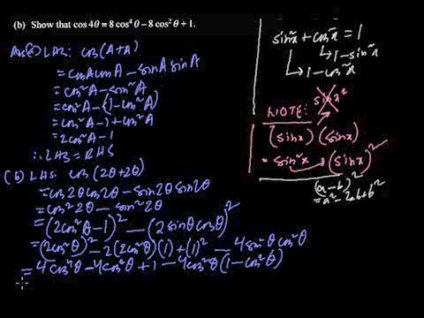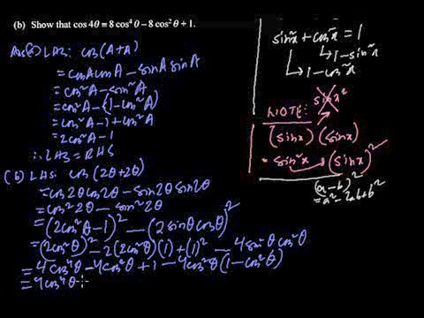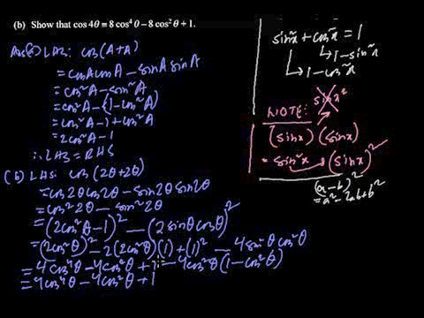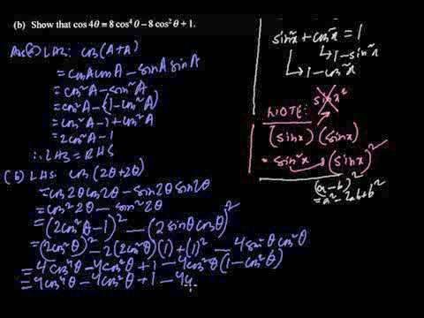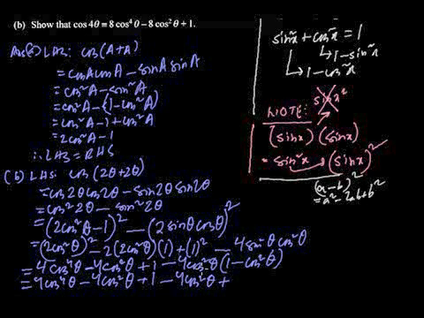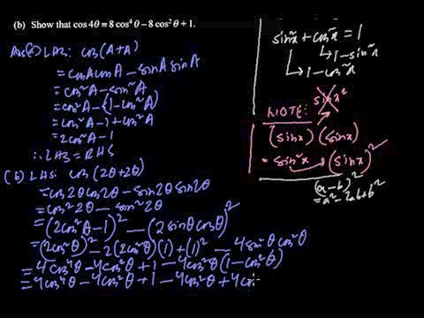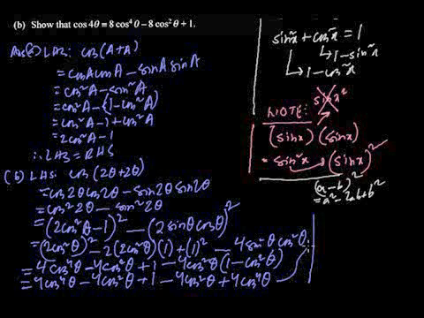So we are getting 4 cos to the power 4 theta minus 4 cos square theta plus 1, minus 4 cos square theta into 1 is minus 4 cos square theta, plus 4 cos square theta into cos square theta is going to be 4 cos to the power 4 theta, and the final line is going to be,